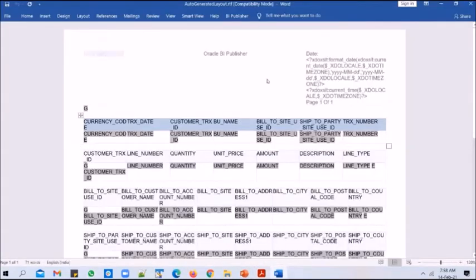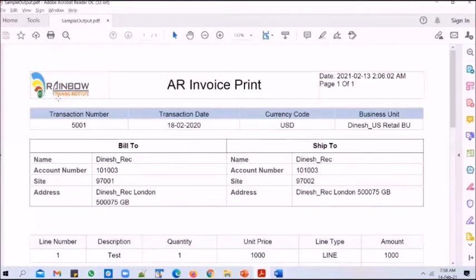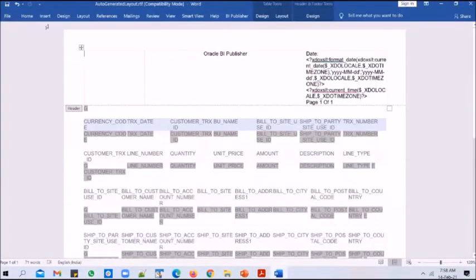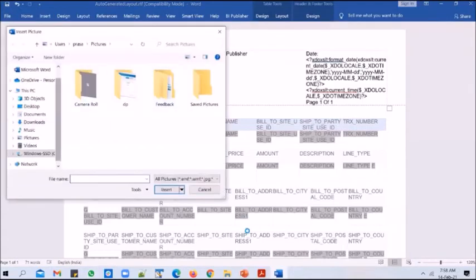So first thing, we'll go through the changes one by one. Okay. So the first one is I need to take off the logo. I don't need the Oracle logo. I need to plug in a client logo. So we don't have a client logo, so we'll plug in a Rainbow Training Institute logo. So how do we do it? You go into Insert Pictures,